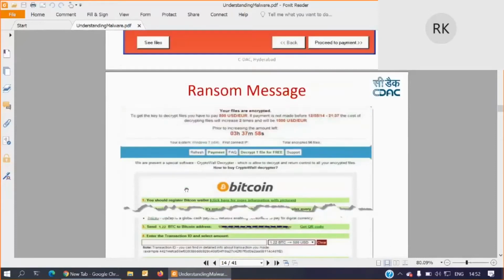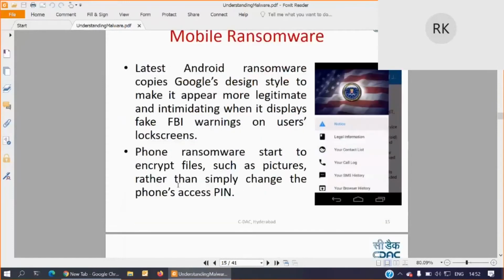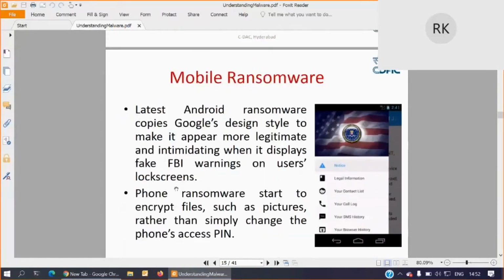So like this, they use various types of messages and applications, and even on mobiles we have ransomware. Initially, on behalf of the US FBI, they created a fake FBI warning on the user's lock screen.